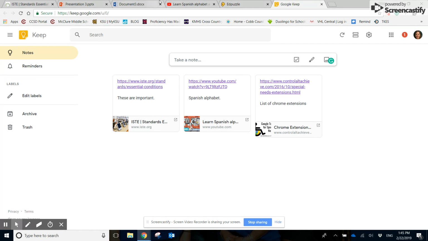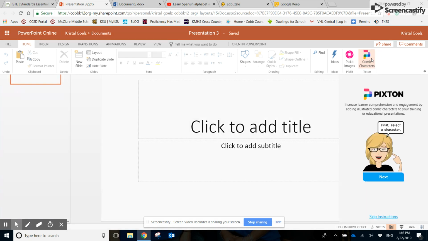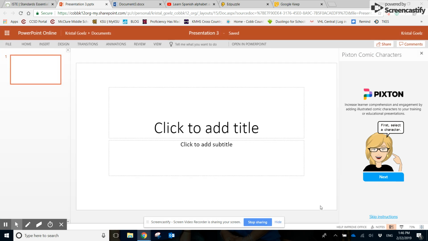I also want to talk to you about a few add-ons and add-ins that I found. So first of all, our county uses Office 365. So I was looking for some things that I could use within Office 365. So this first one is called Pixton. It has comic characters. So when you add this, it lets you kind of create a